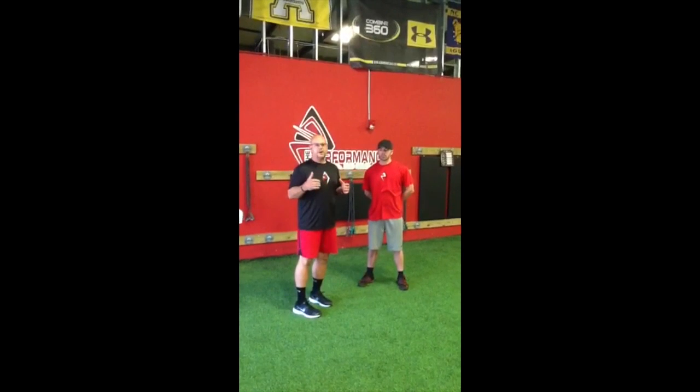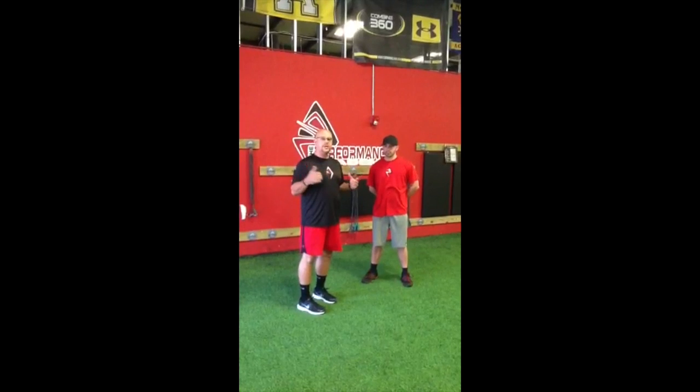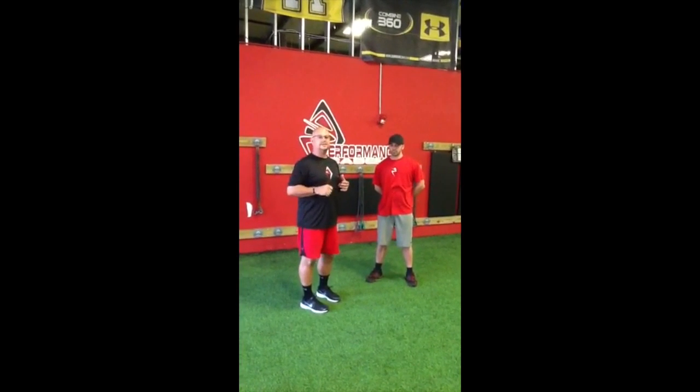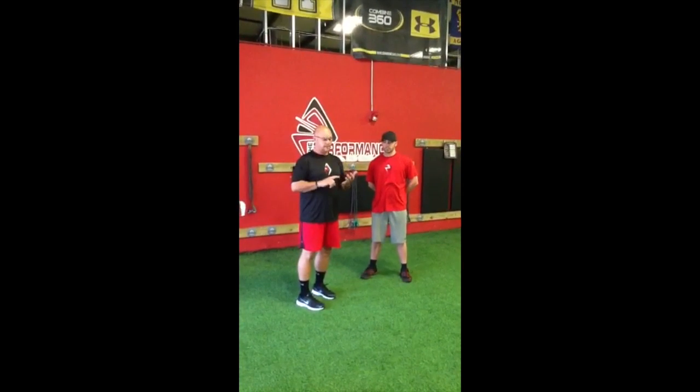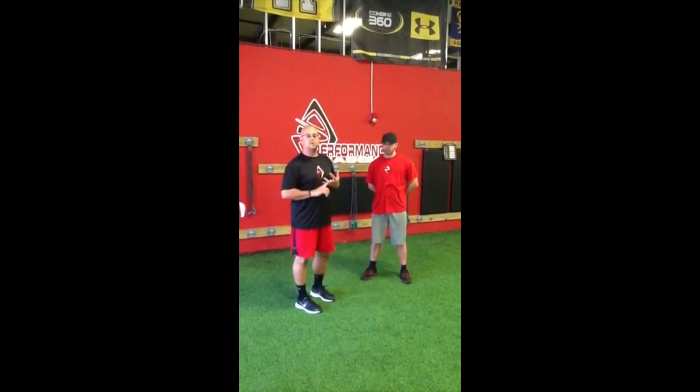There are many different variations that we can have. This is just our variation. Feel free to change it any way you'd like. But one of the things that it needs to have is, one, it's got to have a general warm-up. Two, it has to have a specific warm-up, and part of that specific warm-up is getting our rotator cuff ready